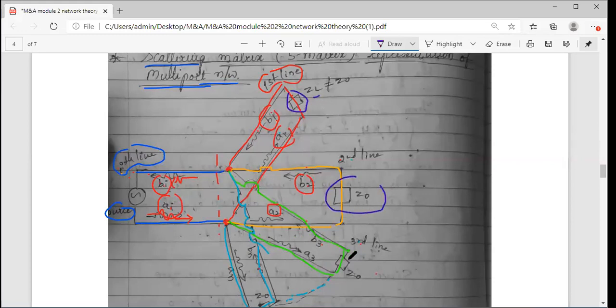And if you compare it with all other lines, they have the load Z0. So what is Z0? It is the characteristic impedance of the transmission line. Whatever transmission line you are using has its own characteristic impedance Z0. It is equal to, as I had told you, 120 pi ohms, that is 377 ohms. And while discussing the reflection coefficient concept, we have seen that the reflection coefficient tau is given by ZL minus Z0 divided by ZL plus Z0.